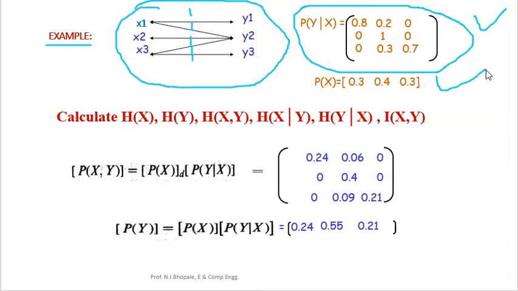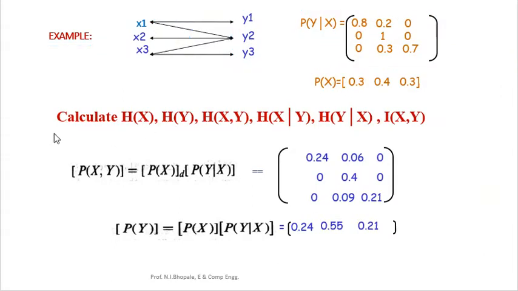Along with that, probabilities of the input messages are also provided. So there are total 3 inputs and 3 outputs, that is x1 to x3 and y1 to y3. So for this, let's proceed. We need to calculate here H(X), H(Y), H(X,Y), H of X given Y, H of Y given X, and mutual